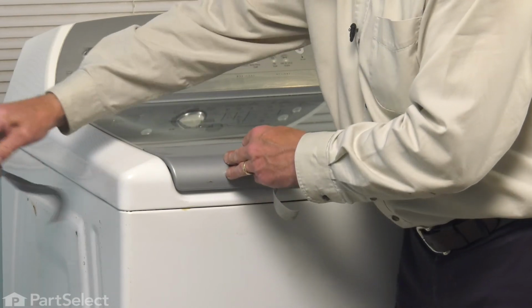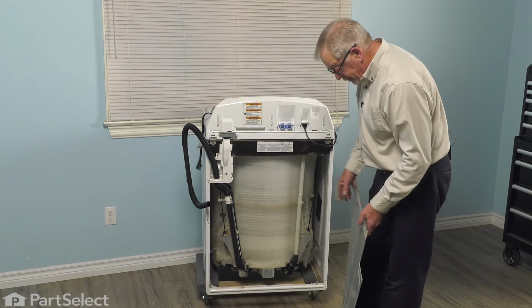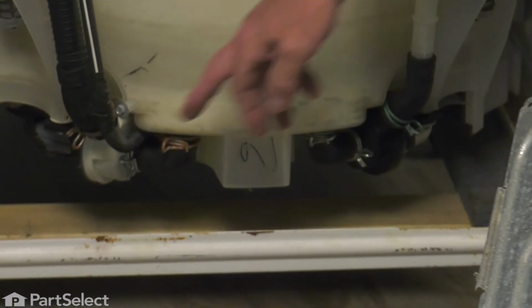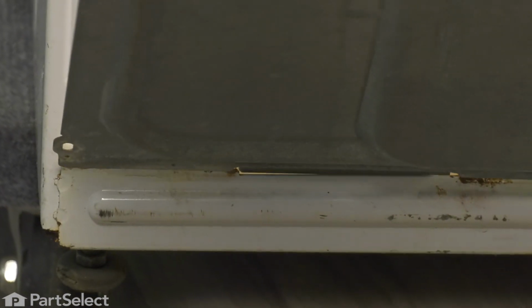We can now go to the back of the washer and reinstall that back panel and prepare to put the washer back into place. Now, when reinstalling that back panel, we want to make sure that we engage these two tabs on the bottom into these two notches that are cut into the base frame. So line those up carefully, tilt the panel into place,